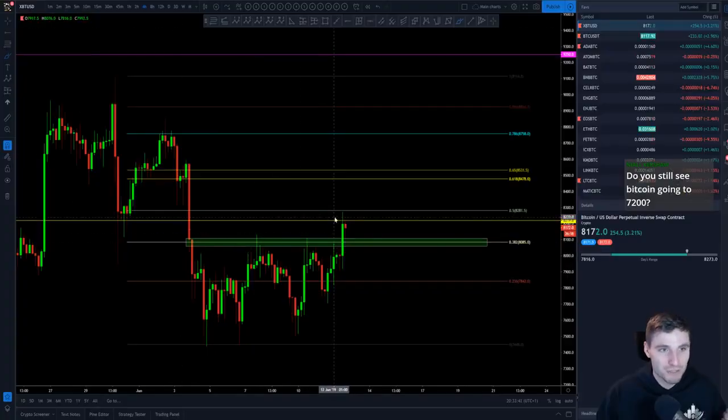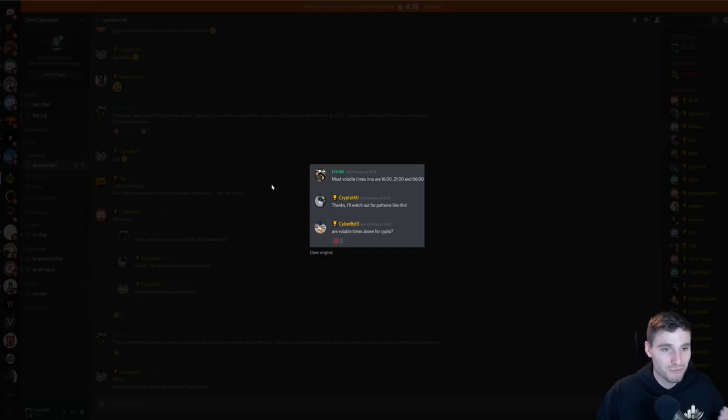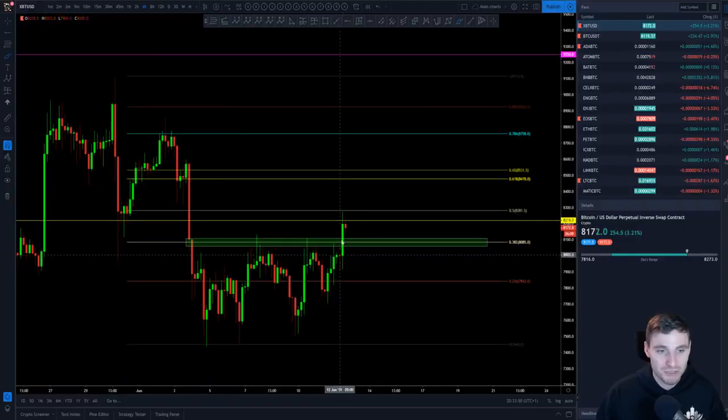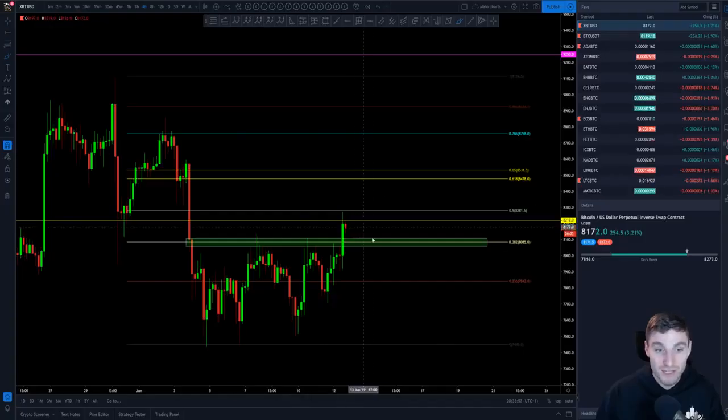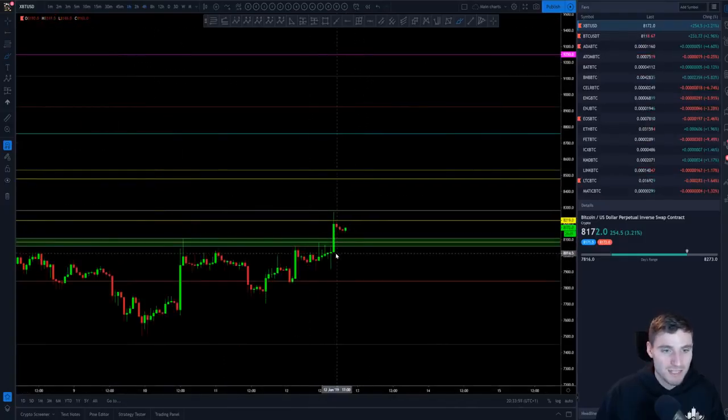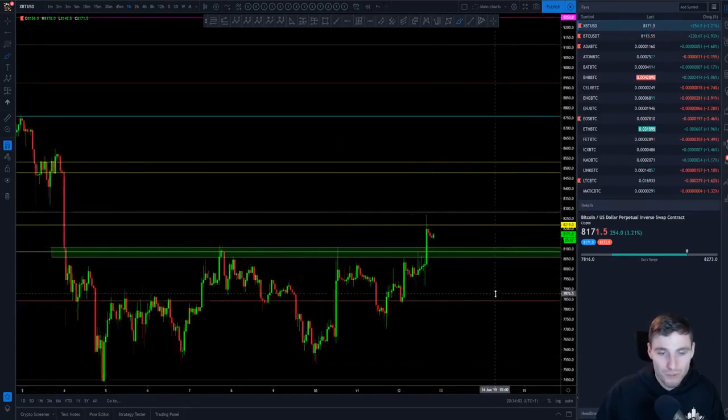And we literally got this break today at 5 minutes past 4, and that post was made 2 days ago, saying that these are the volatile times that you want to keep an eye on. These are GMT+1 times, England times. I'll convert those into UTC, but these really are the most volatile times for crypto, and literally on that 4 o'clock candle, getting that break upwards. So yeah, moving onwards anyway,